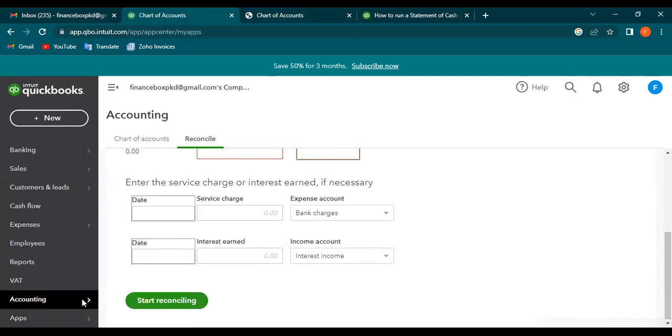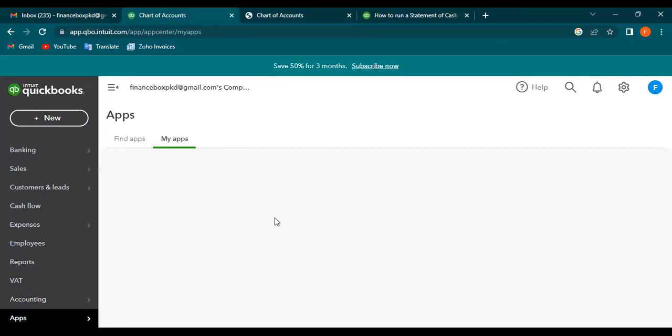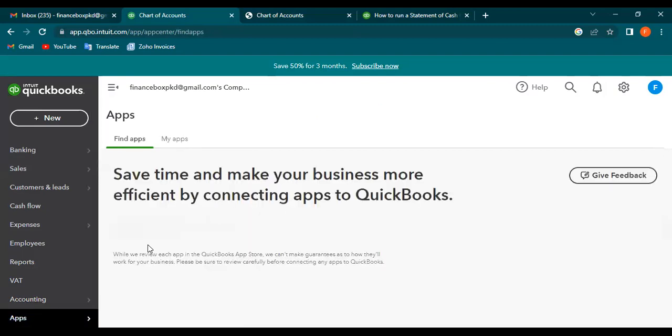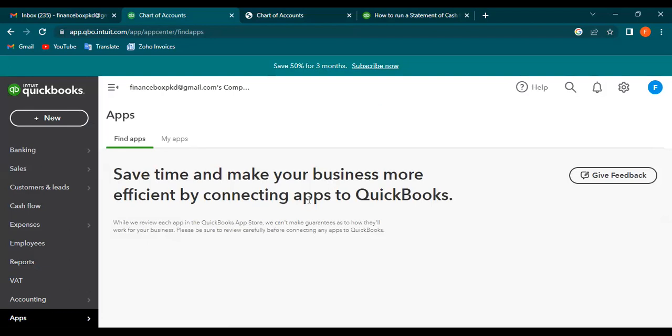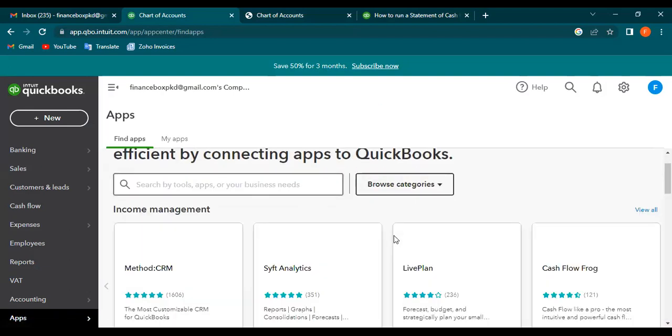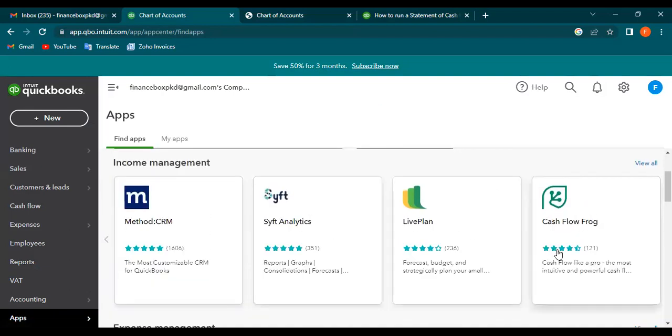Here in the applications, QuickBooks has integration with many cloud-based software. These are all the applications. If you want the cash flow,